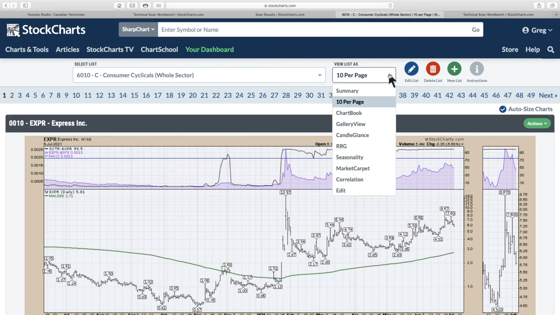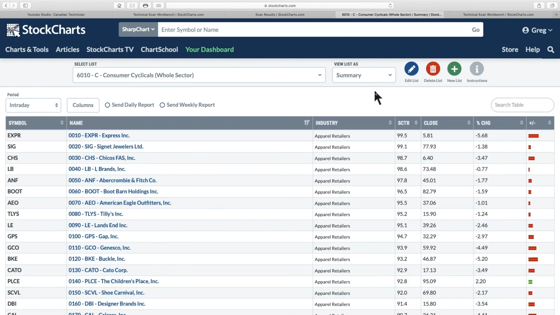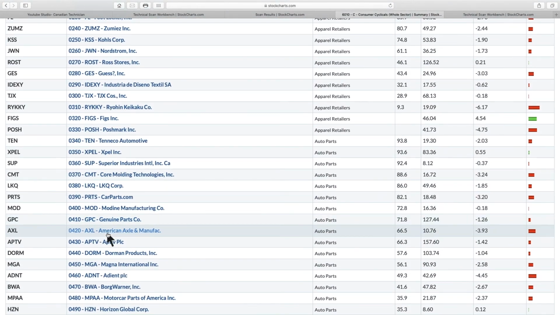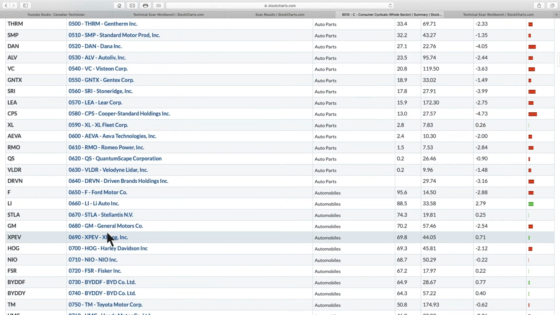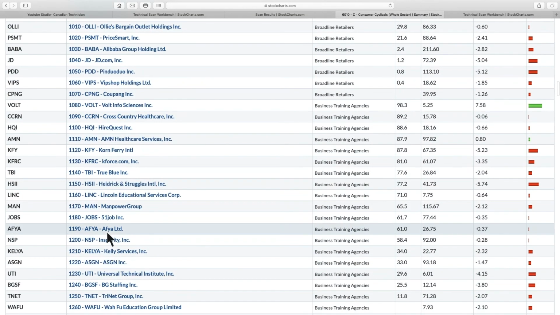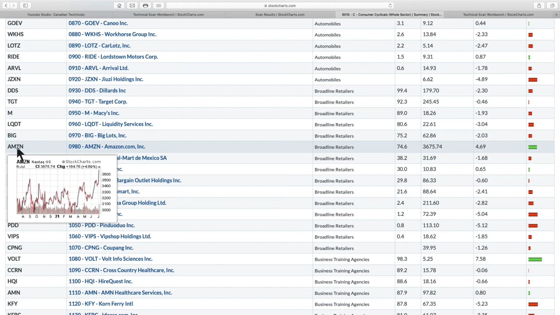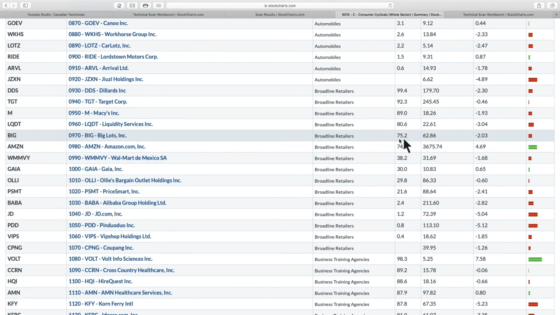On the scan results, we're just going to go to the summary page again, and we've got them listed based on the order of our sort. As we scroll through here, I'm just going to page down. So broadline retailers, we know that Amazon broke out to a new high. And what I like about this, see how the scooter ranking is at 75%